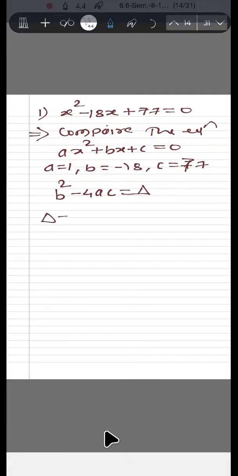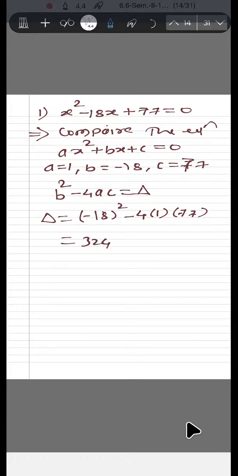Simply, the discriminant is equal to b square minus 4ac. What is the b value? It says here minus 18 square minus 4 into 1 into 77. We have to check whether this is true or not. Okay, simply 18 square, correct? We all know a negative number squared gives a positive number, so 324. So 18 square is 324 minus